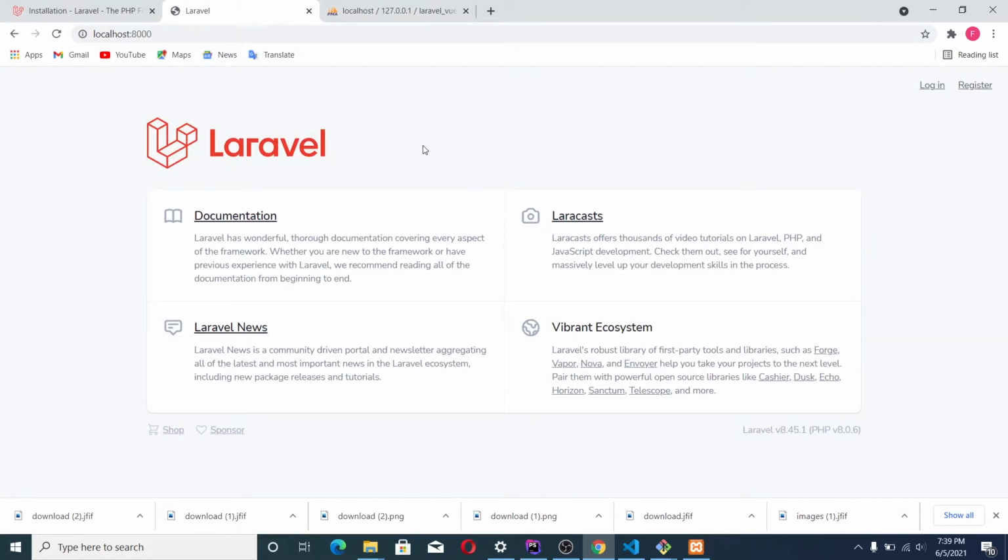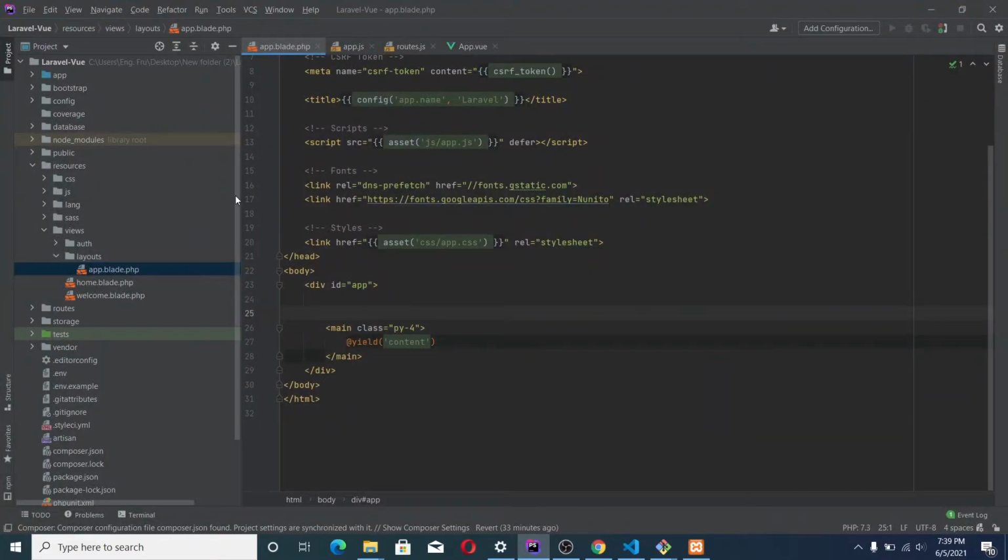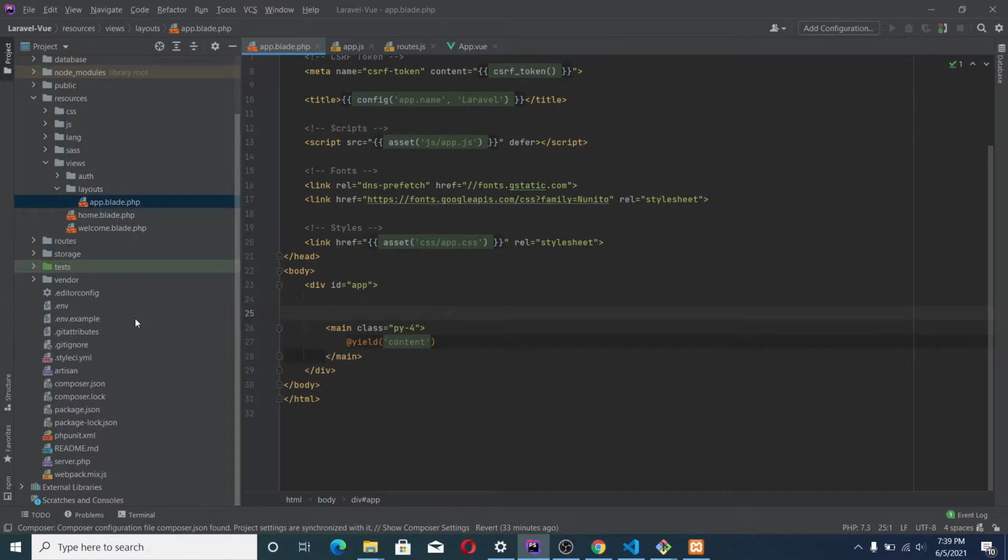Okay, so this is our project here. Let me go and change our title, the name of the app in .env.